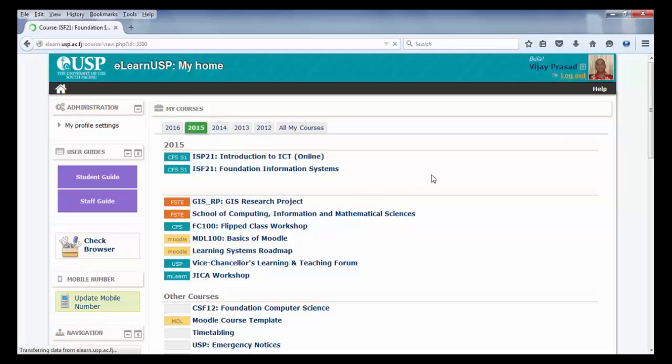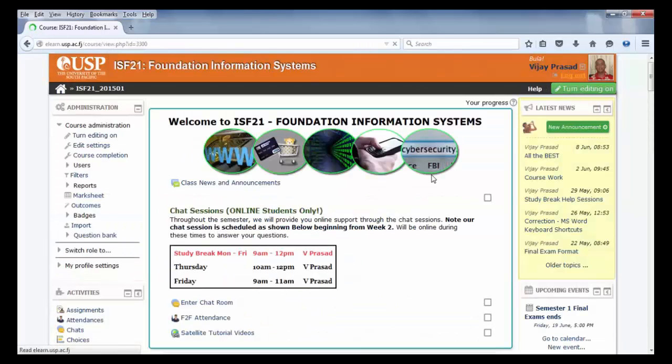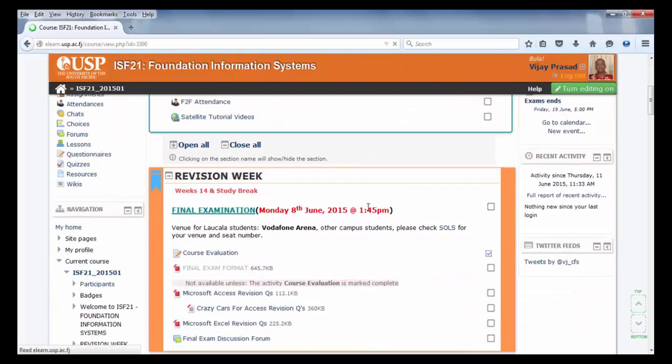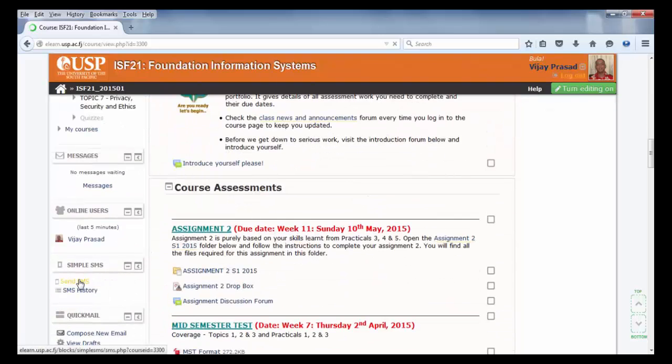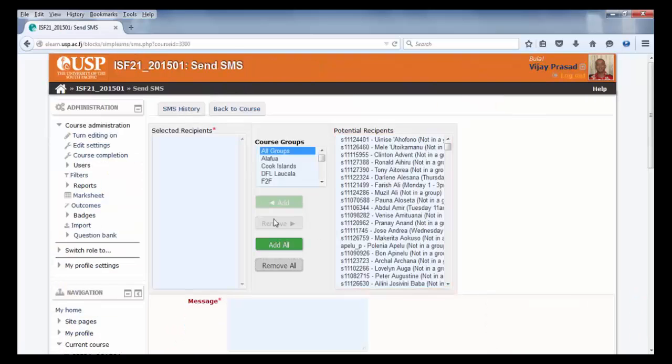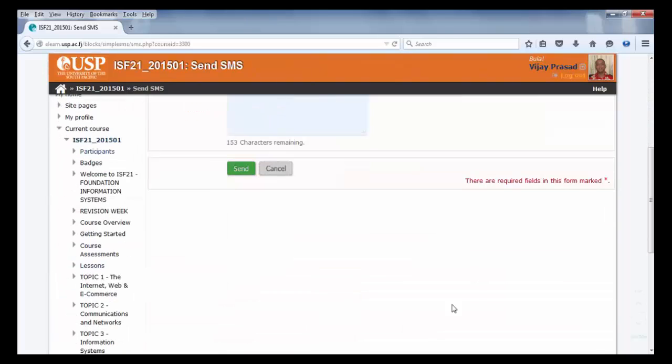For ISF 21, I will select the following artifacts as part of being a pedagogical innovator. How I use my SMS. So Moodle SMS, that's the first artifact that I have selected. Send SMS, as you can see from here. And all you need to do over here is click add all and then type your message and hit the